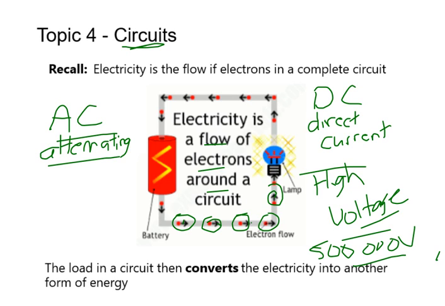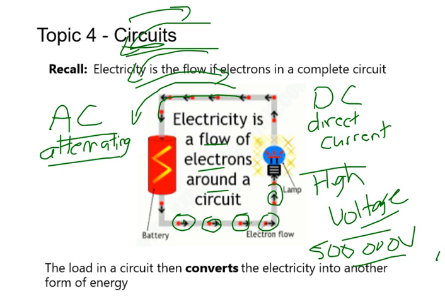So I may as well talk about that right now before I go too far here. Alternating current is basically where you set up a system where electrons go this way and then back, and then this way and then back, and you keep sending them back and forth. What's nice about alternating current is that rather than continually having to give a big push to keep moving these electrons, especially big distances, the necessary electrons, the ones that are going to go through this lamp, which we call a load,